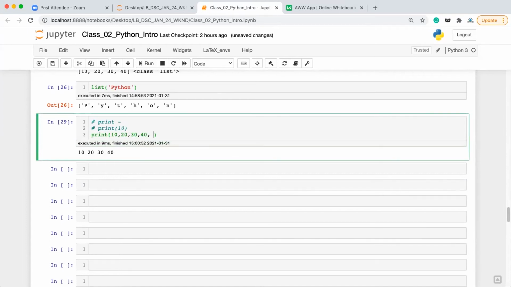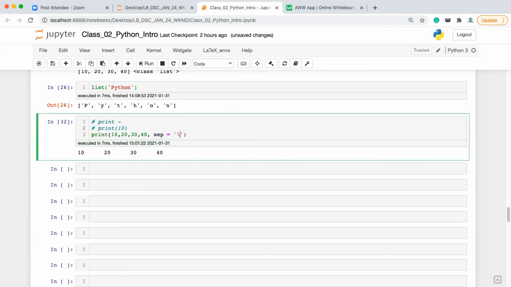Okay, so there is a separator attribute inside the print function that is by default set to space. So if I execute it, I'll get the same output. Why? Because there is a separator attribute that is set to a space character. If I set this to a colon, then it will give me the colon between the outputs. Okay, why? Because I've changed the separator attribute to a colon. Or else if I set it as \t, there will be a tab space between every output,